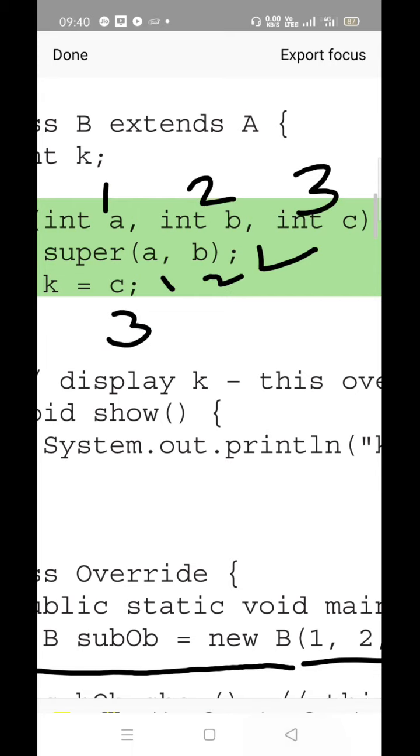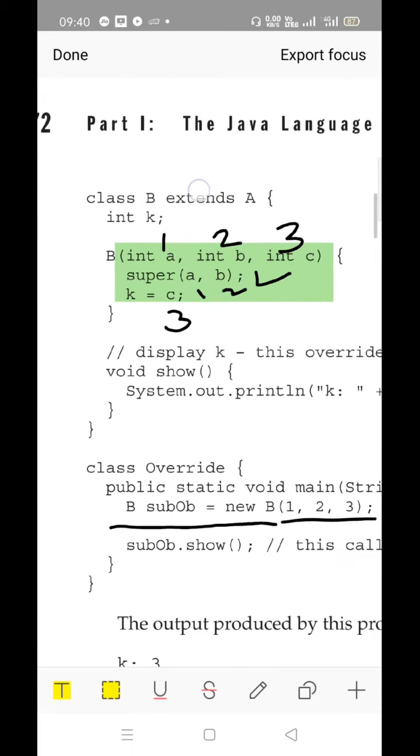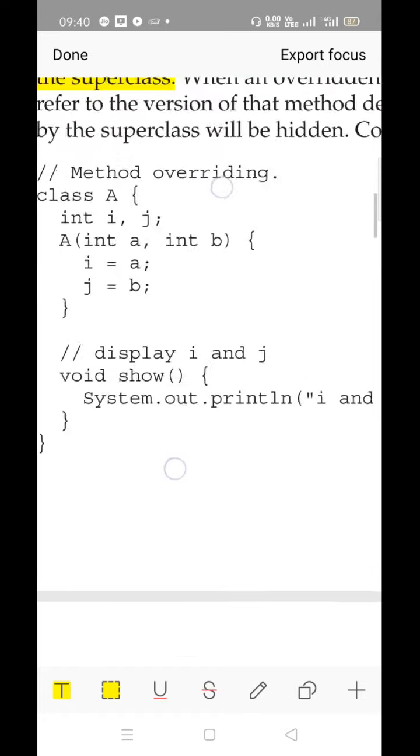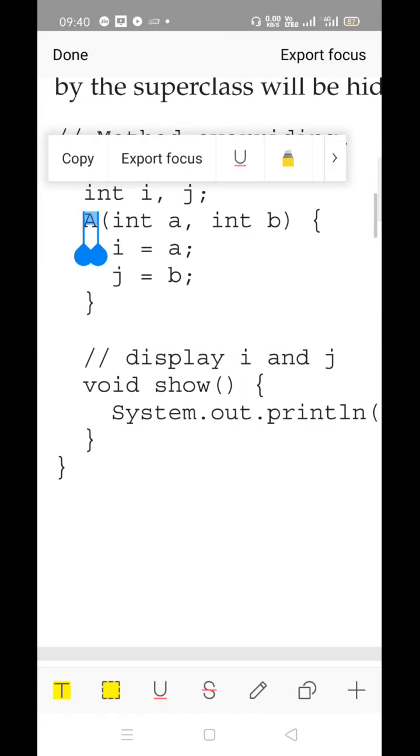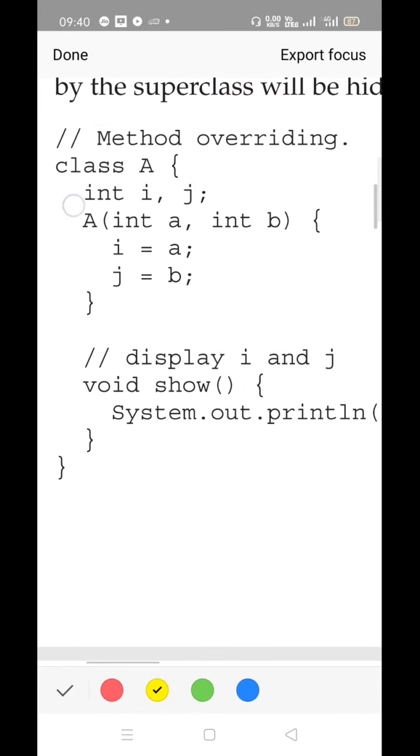So 1 and 2 are passed to the superclass, and the superclass constructor is called here. What is the superclass constructor? Observe. It takes 2 parameters, A and B. In place of A it is receiving 1, and in place of B it is receiving 2. So 1 and 2 are passed to i and j respectively. Getting it? So the values of i and j are stored as 1 and 2, and k as 3.